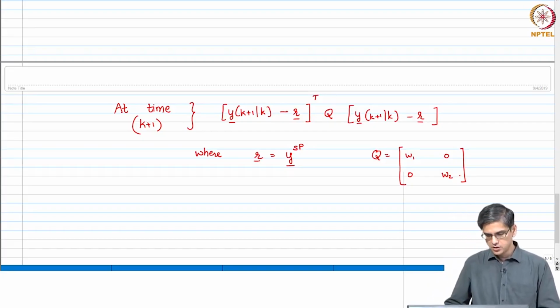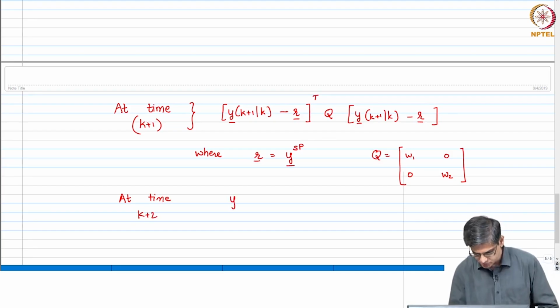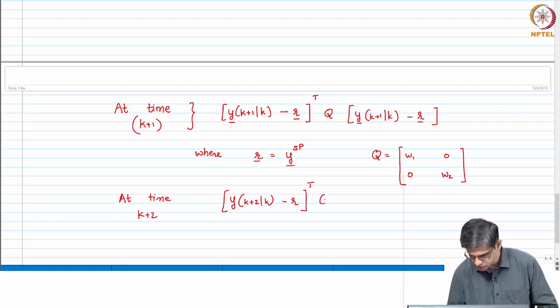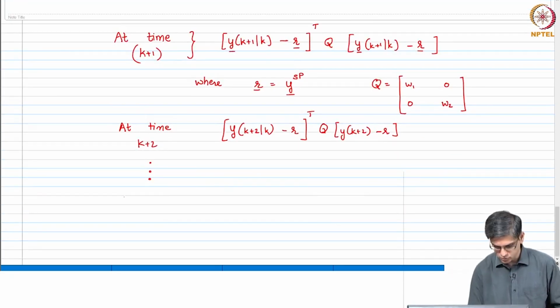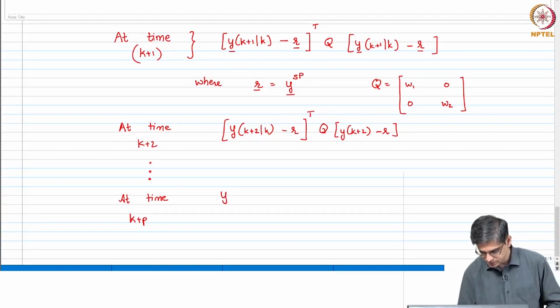Okay. So, at time k plus 2, same thing, it is just going to be y at k plus 2 minus r, transpose Q, y at k plus 2 minus r, and so on up to at time k plus p, it is going to be y